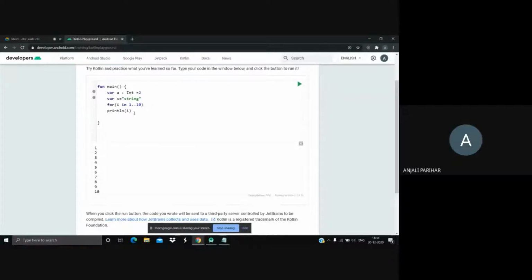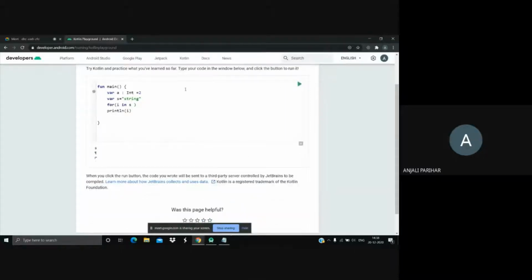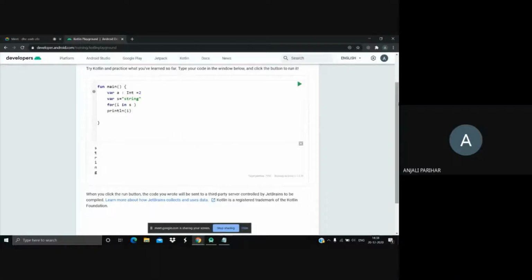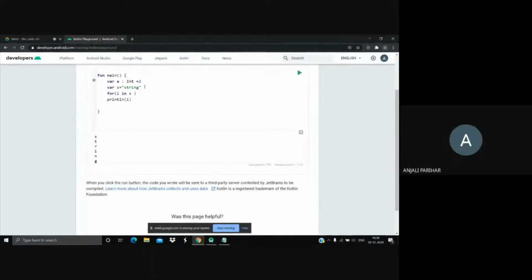This is a range. Suppose I'm having this string S. I want each of its characters to be printed in a separate line. So for i in S, we're looping over a string. Before that, we looped over a range. Okay. So we've been done with range and with string. Now let's take an example of an array. Let's say I have an array of languages.